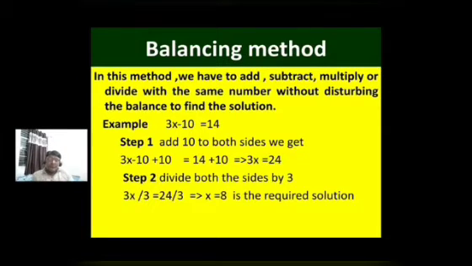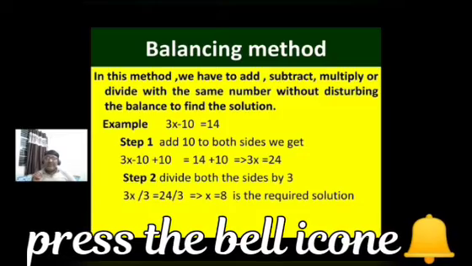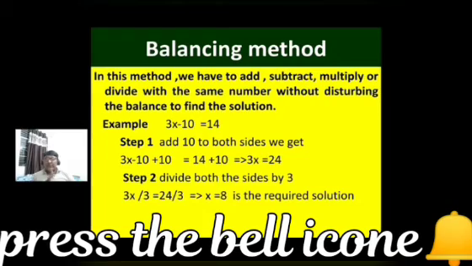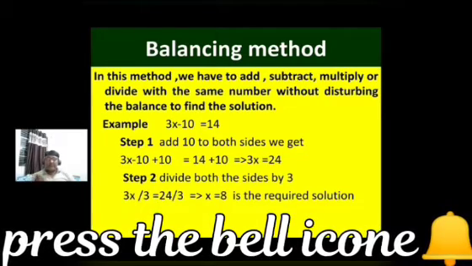we are given an equation 3x minus 10 is equal to 40. Now, what should we do? What is the first step? How should we start? So in step 1, add 10 to both the sides. Now if you add 10 to both the sides, the LHS will become 3x minus 10 plus 10 is equal to 40 plus 10. So 40 plus 10 is equal to 50. So LHS becomes 3x and RHS becomes 50. So 3x is equal to 50.